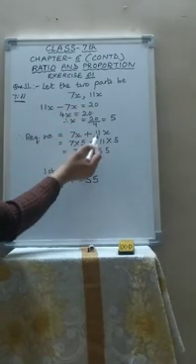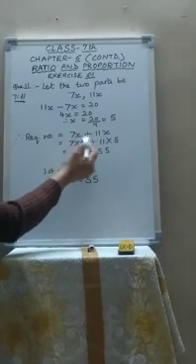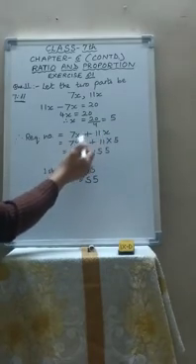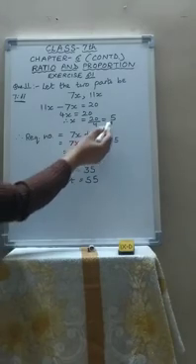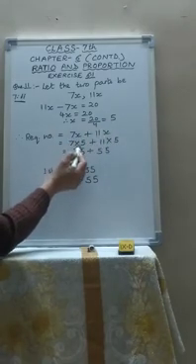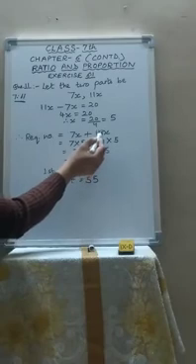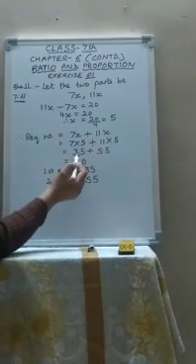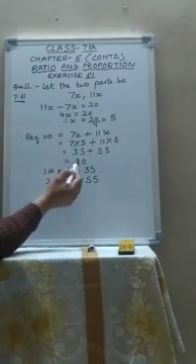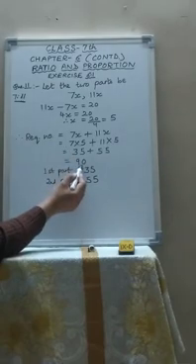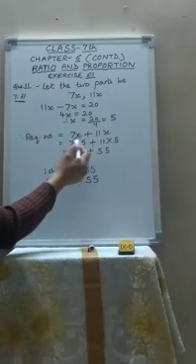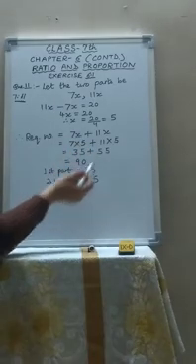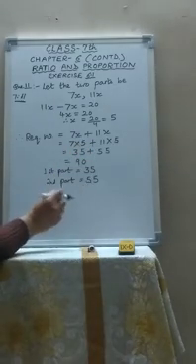So what is the required number? 7x plus 11x. Because these were the two parts of the number. It was split into two parts, 7x and 11x. Now we have found the value of x. So what is the value of x? 5. So 7 multiplied by 5 plus 11 multiplied by 5. So 35 plus 55, that means the required number is 90. And the first part we already found: 7x means 7 multiplied by 5, 35. And the second part is 55.